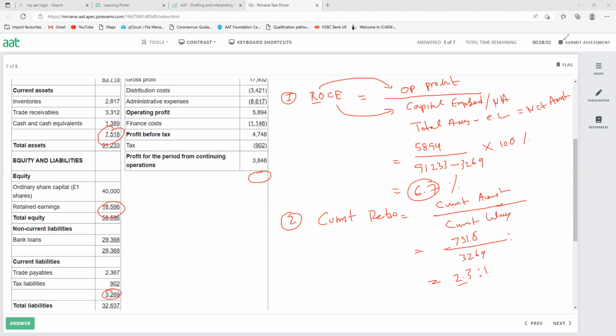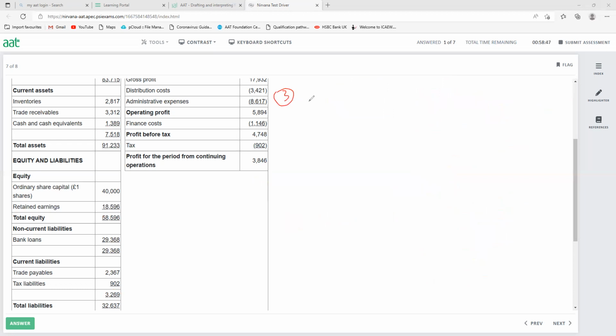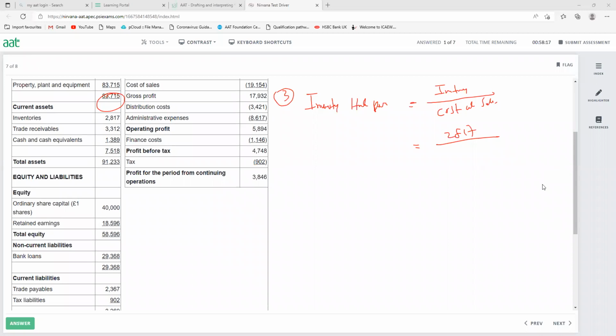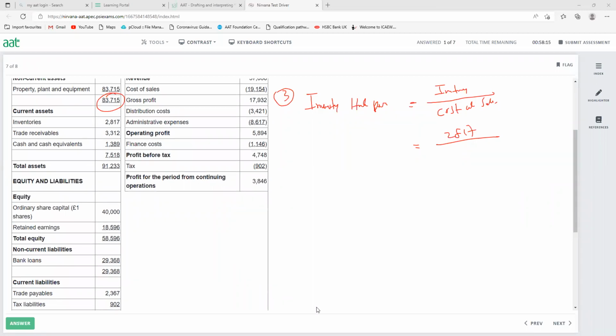All right, the next one we have number 3. They're asking for inventory holding period. This is quite simple. We need to do inventory divide cost of sales. Now the inventory we have in the question is 2817, and the cost of sales we have in the question. So let's have a look how much is the cost of sales. And the cost of sales we have here